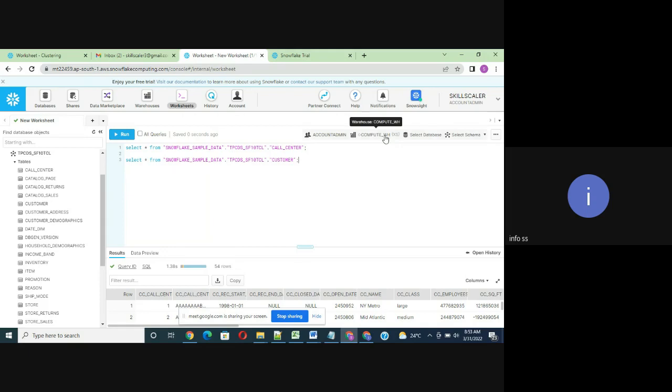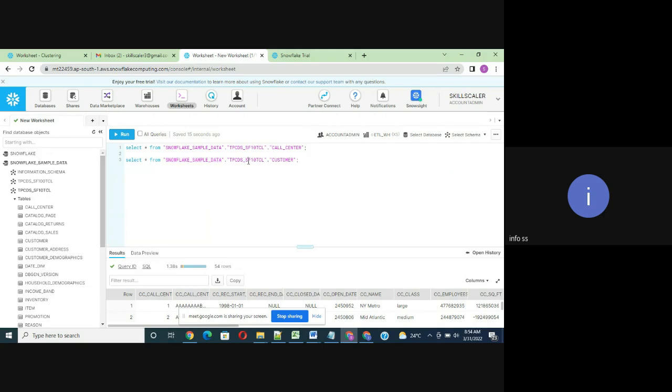Earlier there was only one option, compute warehouse. Now I'm selecting the ETL warehouse. For this worksheet, this is the context, this is the role, this is the warehouse, and then the database and schema. But I'm giving the database and schema name directly, that is, with the fully qualified name: the database name for this table, then the schema name, and then the table name. Now if I try to run this query,